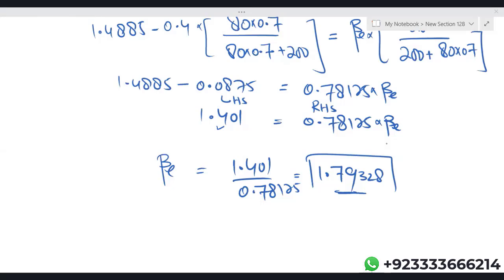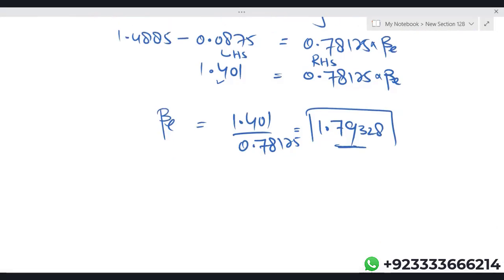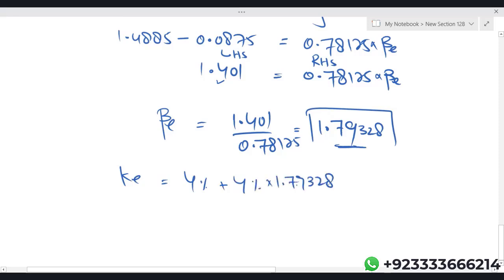Very easily, by using CAPM, we can calculate K. Risk-free rate is 4%. Equity market risk premium is also 4% into 1.79328. So let's see, 1.79328. I'm getting K